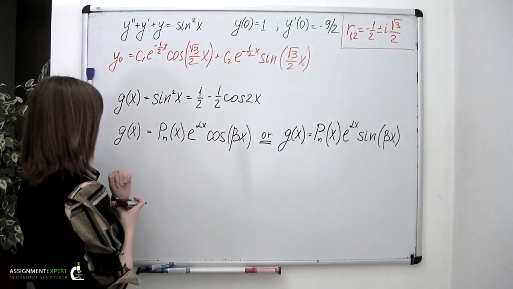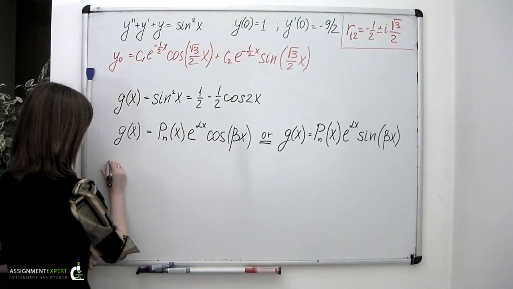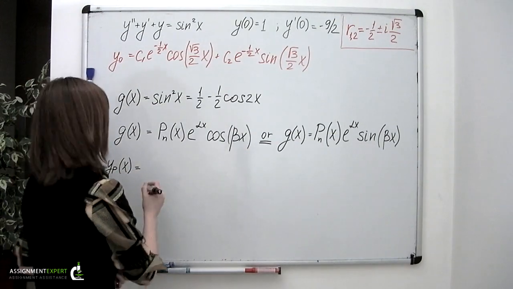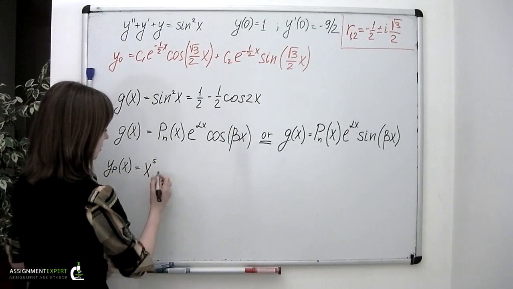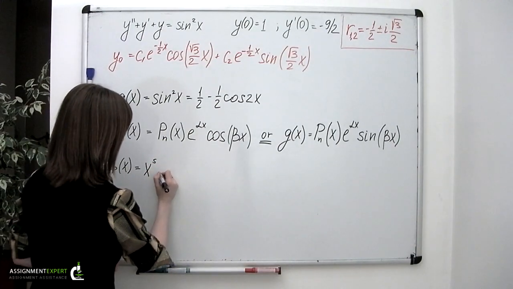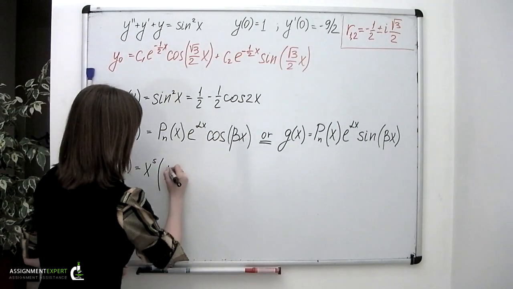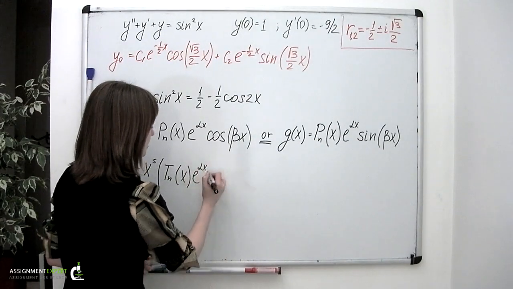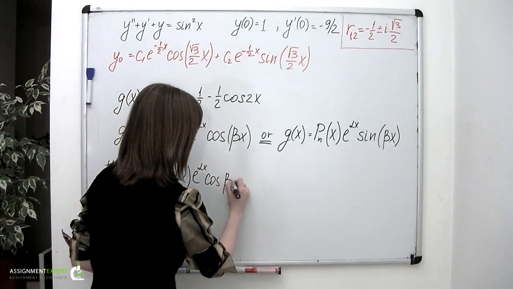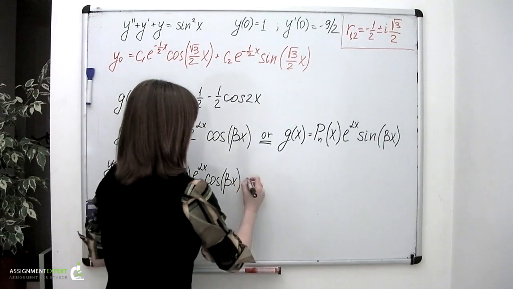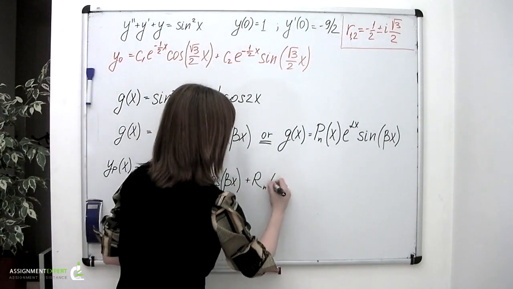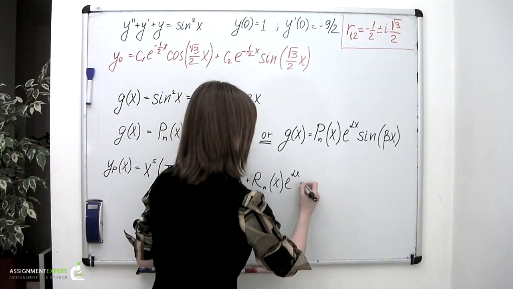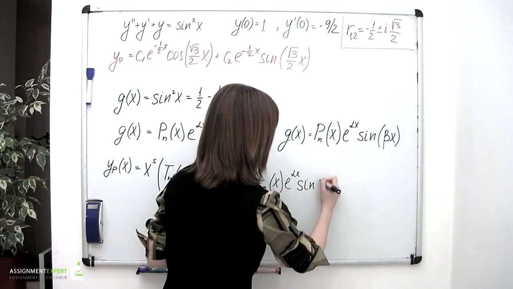In this case, the particular solution y sub p of x is found in the following form: x to the power of s times t sub n of x times e to the power of alpha x times cosine of beta x plus r sub n of x times e to the power of alpha x times sine of beta x,